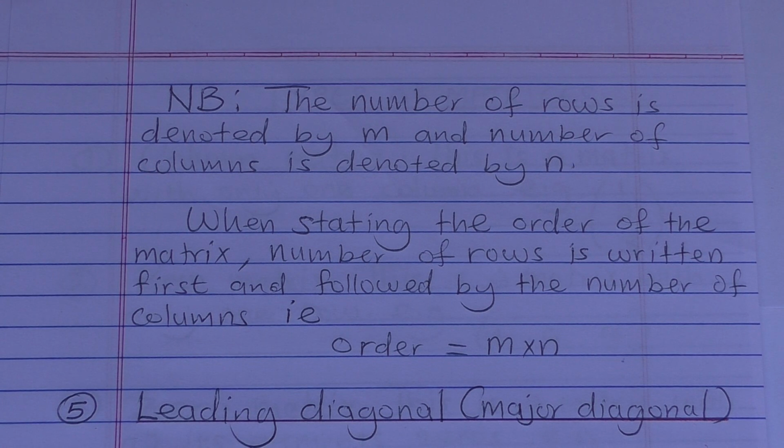The first one was element or entry, which meant the number in the matrix. Then the second one was the rows in a matrix, which are lines of numbers that go across the page. The other one was columns of a matrix, which meant the lines of numbers that go down the page. The fourth one has been the order of a matrix, which is simply stating the number of rows and columns